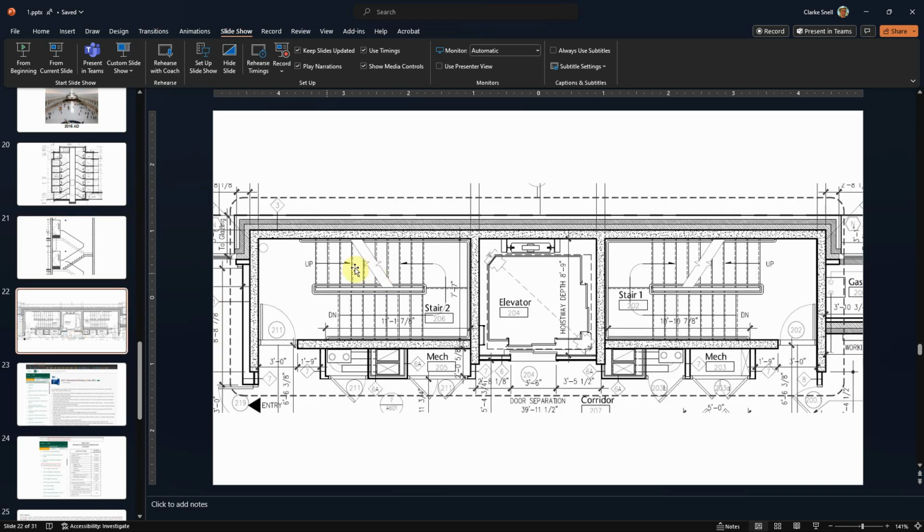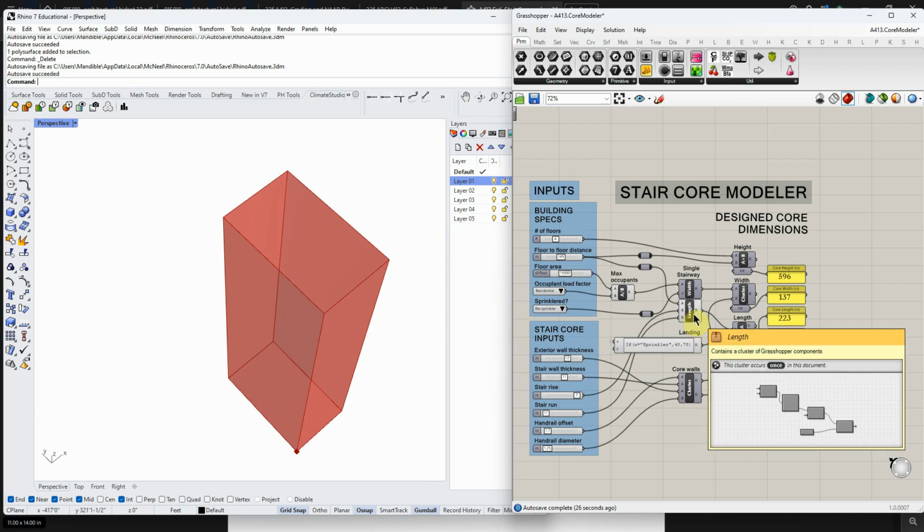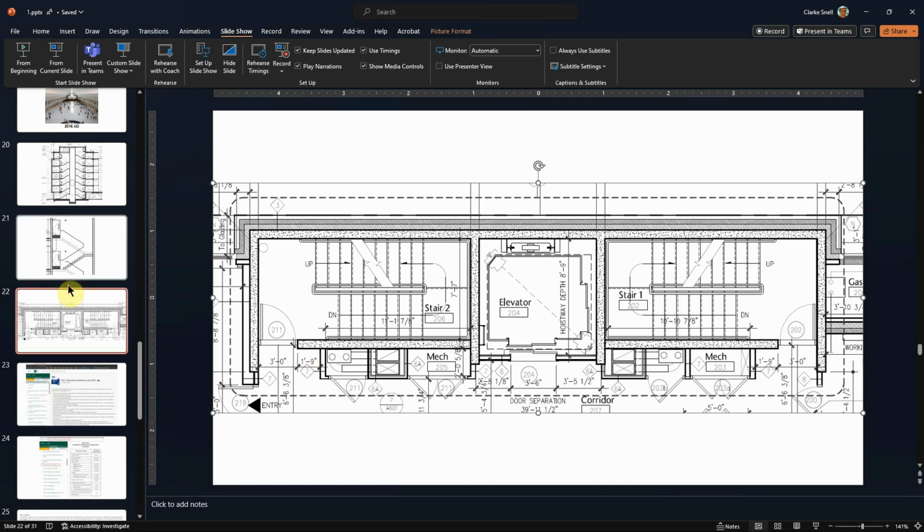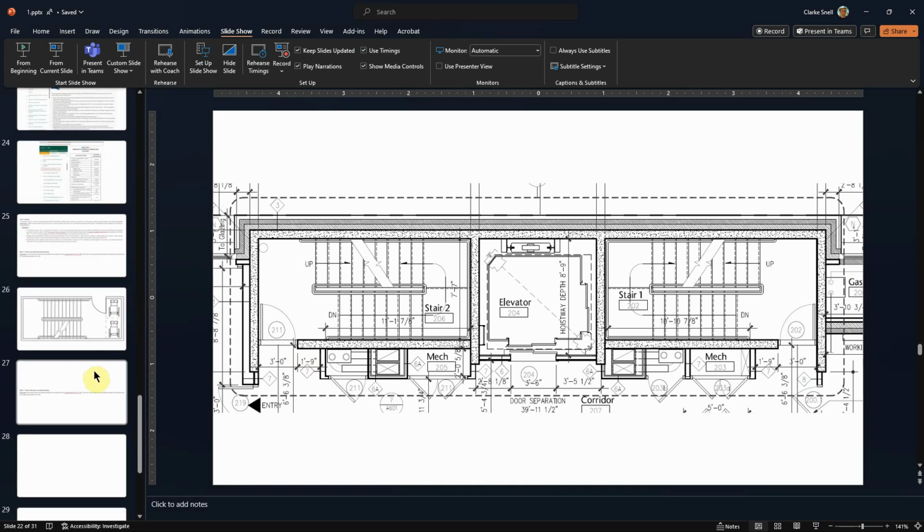If we come here, from here to here, we also have a landing, and again we have these walls at the two ends, so I'm adding those in here. The landing is generated. There's again a sprinkler input here. If it is sprinklered, our landing is going to be 48 inches. If not, it's going to be 78 inches, and that's because we would then need a refuge area